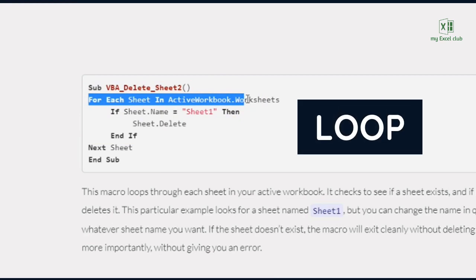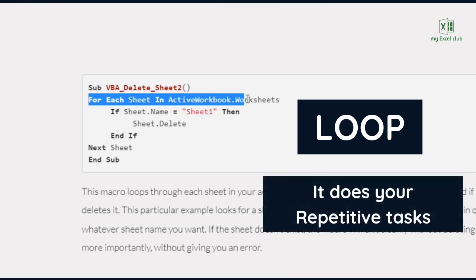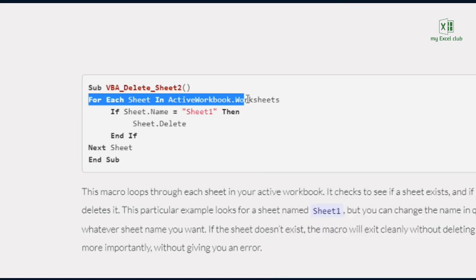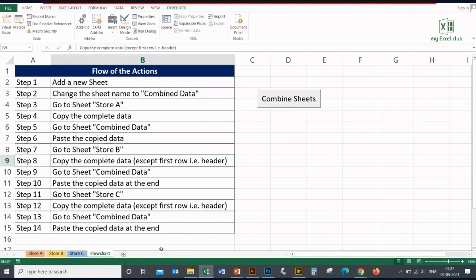A loop allows the user to repeat the same task multiple times without having to write code for each of the tasks. So for example, in my work file, I don't know how many sheets there are, and I don't know how many rows and columns there are in each sheet.